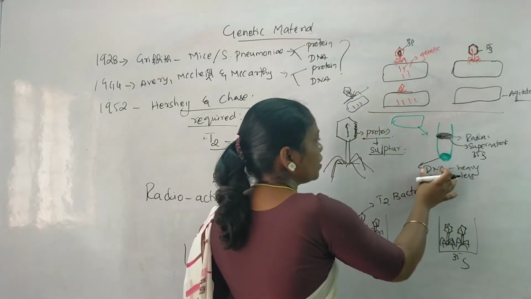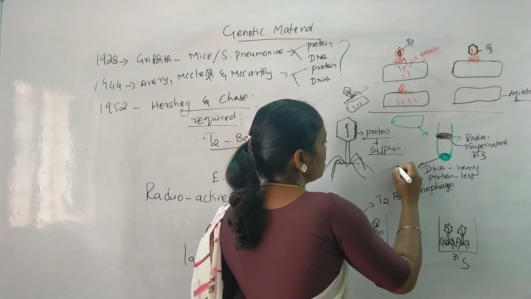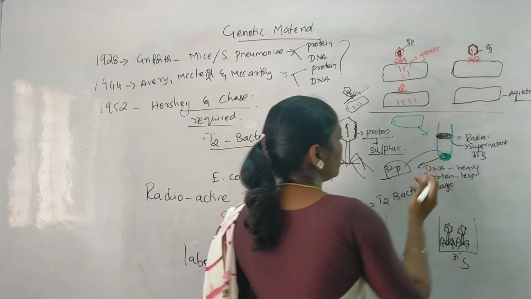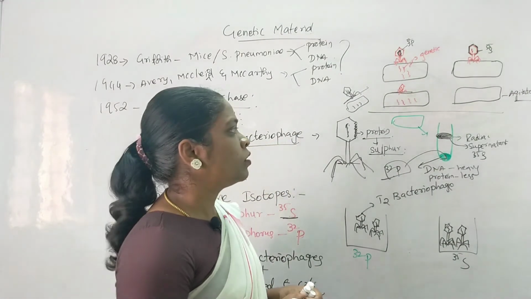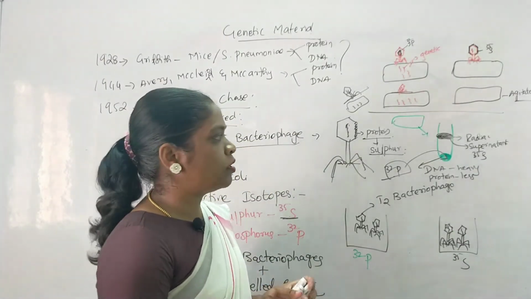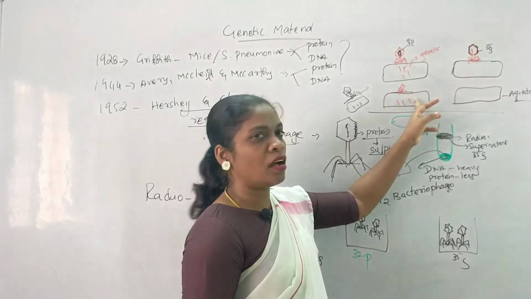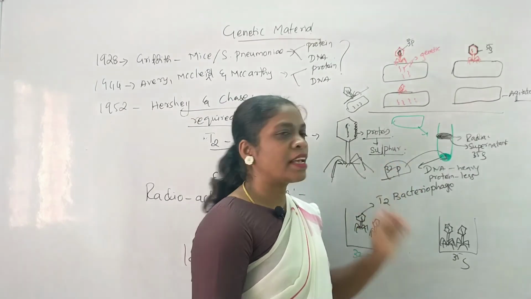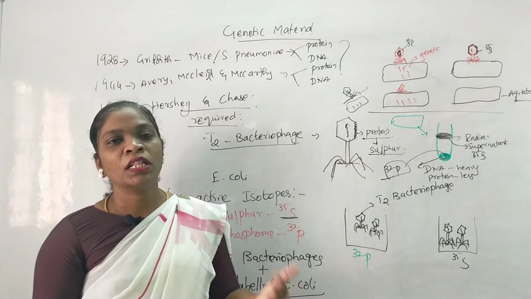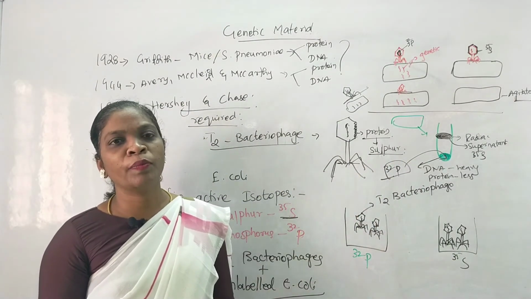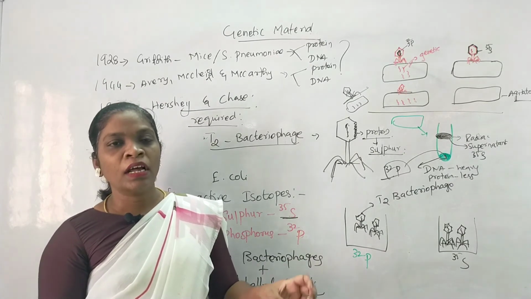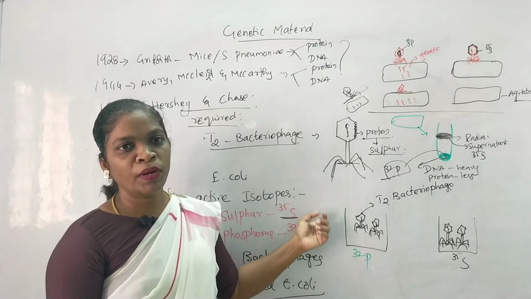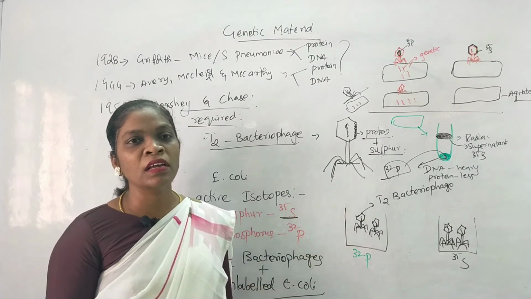On the lower region where we found the DNA, it contains phosphorus 32. The radioactivity of the phosphorus was identified in the pellets. So this is what they have identified. So it is not the protein which entered inside the organism, it is only the DNA which entered inside the organism. So this was the experiment done by Hershey and Chase to prove that DNA only carries information from the parent to the offspring. They confirmed that, and based on this experiment a conclusion was given: DNA is the only genetic material which transfers information from the parent to the offspring.